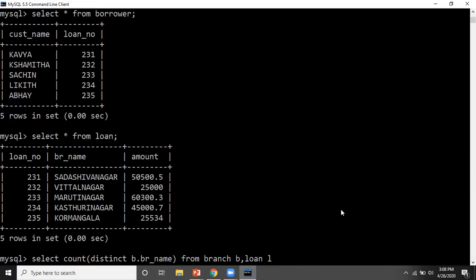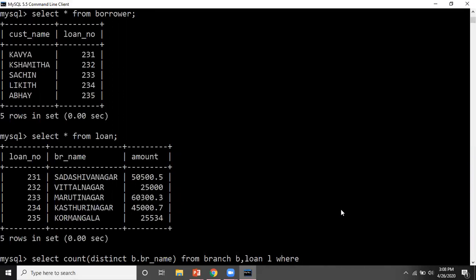So I'm writing comma loan, and for loan I'm giving the alias L. You can do it either way: branch as B, join loan as L, or branch space B, comma loan space L. Now I have to give the condition.